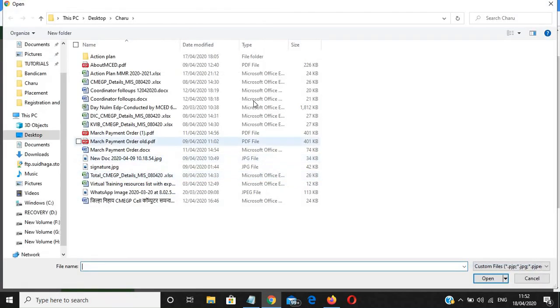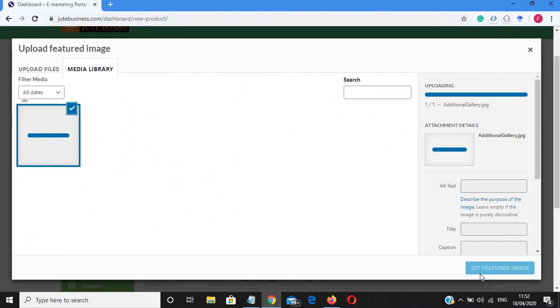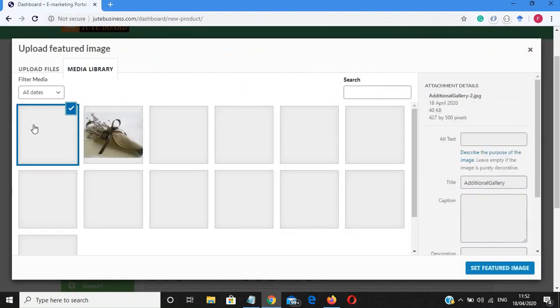It will directly open the gallery, and we have to select the product image for our product. Currently I am selecting one product image here and clicking on the open button. After clicking on the open button, a blue square box will show that your product is already uploaded.